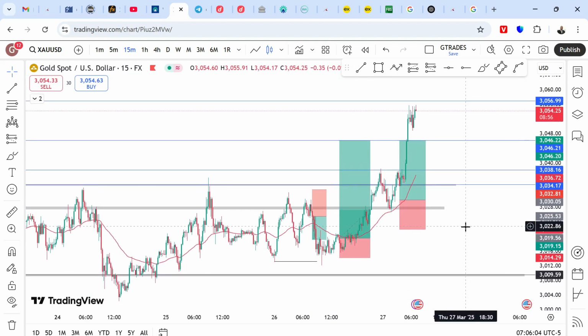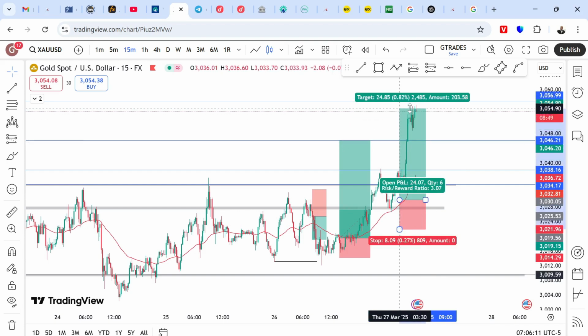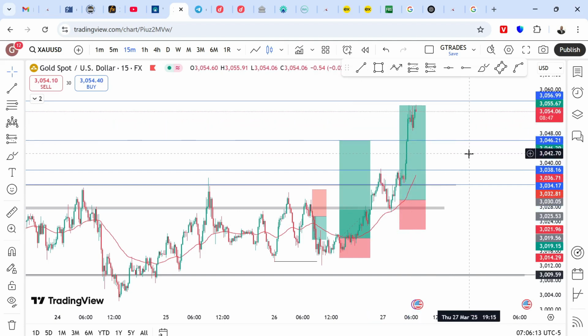Now, what do you want to do once you are able to spot things like this? You want to know how to wait for confirmations, right? Now, we enter for this trade and we make 1:2. And this is where price is currently right now. Very smooth. Now, let me show you a trade that we took again on GJ.